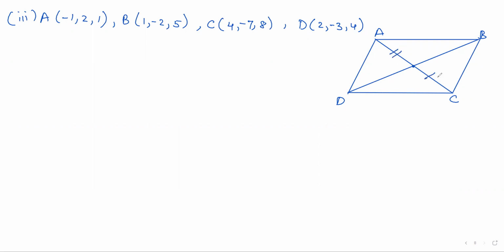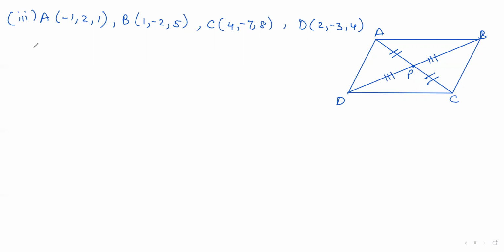This distance should be equal to this distance, and this distance should be equal to this distance. If P is equidistant, or point P divides AC into two equal parts, the same point P with the same coordinates will also divide BD into two equal parts. So you can prove that this is a parallelogram either by proving that opposite sides are equal or by using this particular point. We'll use the section formula by proving that it is a parallelogram through point P, but here